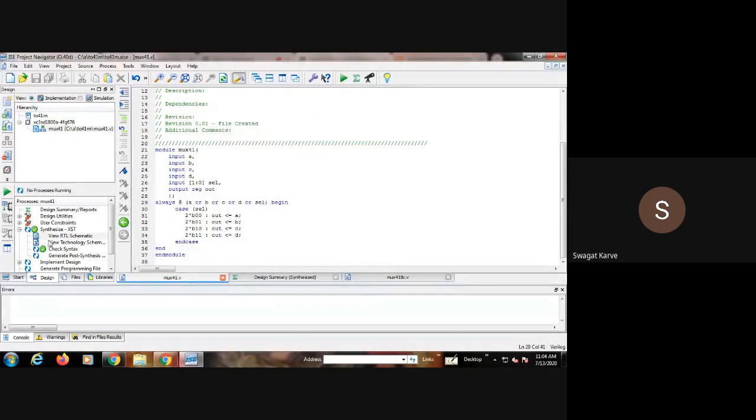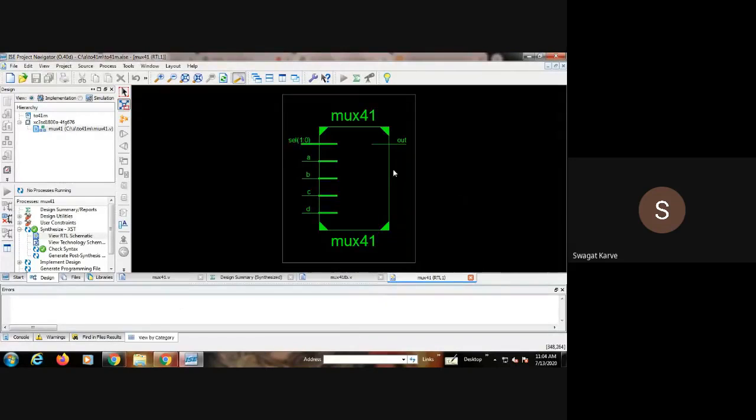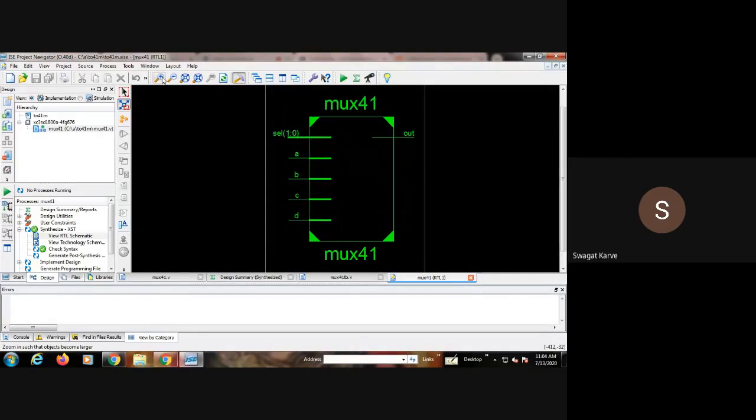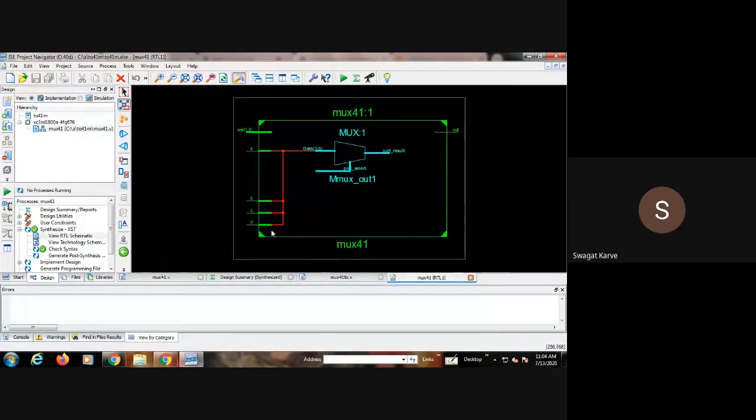Okay, let me select the file. Yeah, view RTL schematic. Okay, yes. See, select, A, B, C, D, right? Then output. Clearly see the design here. And if you double click on this block, you are able to see the internal circuit also. This is the internal circuit.